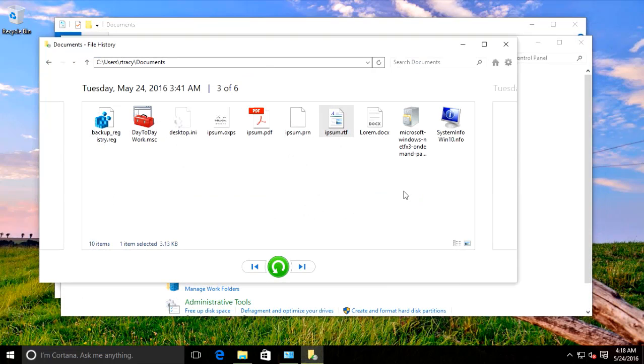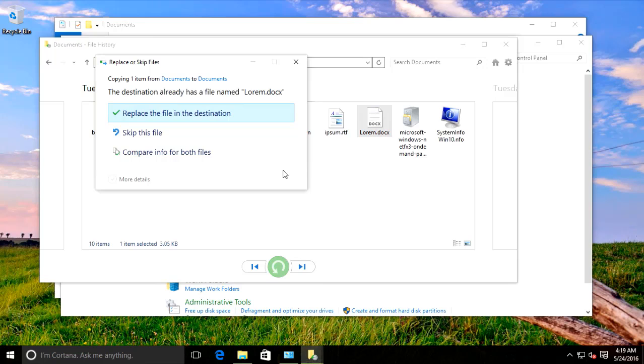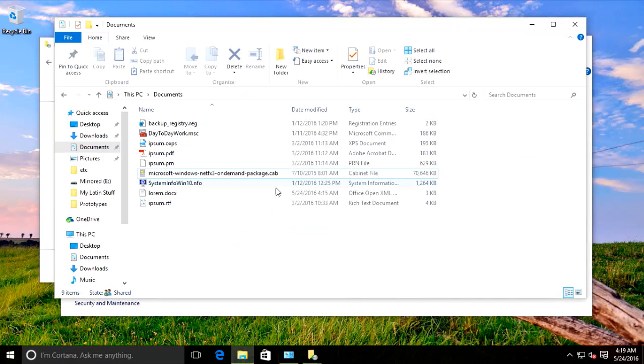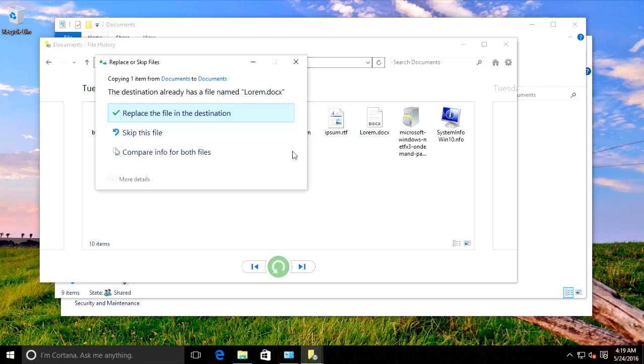Now, I want to restore a previous version of the lorem.docx file. This is the file that I edited and saved. I'm going to select it and then click on Restore to Original Location. Now, you notice that something different happens this time. When I restored the ipsum.rtf file, it just restored. And the reason that we didn't see this screen is because this file did not exist over here in my Documents library. So it just copied it back in. With lorem.docx, however, we have a problem because